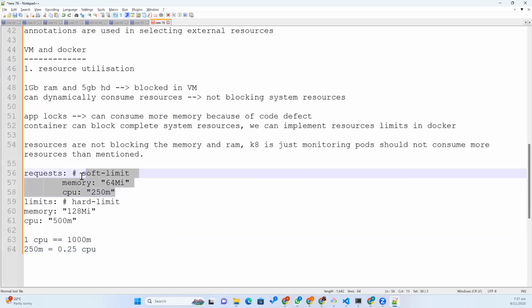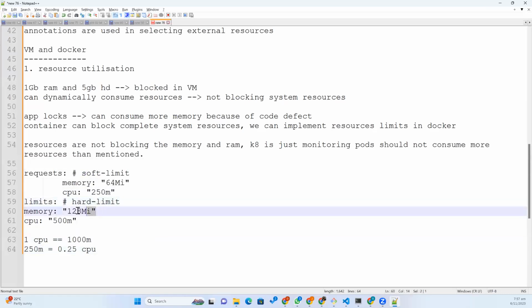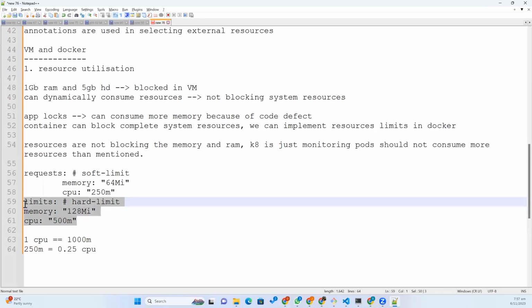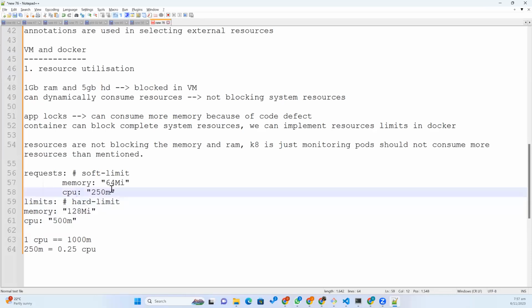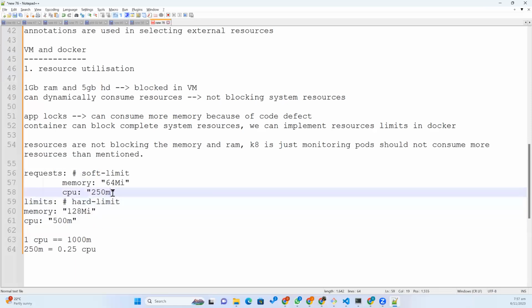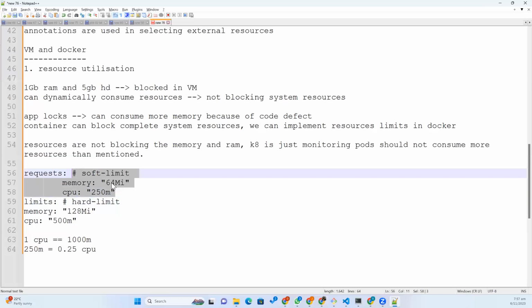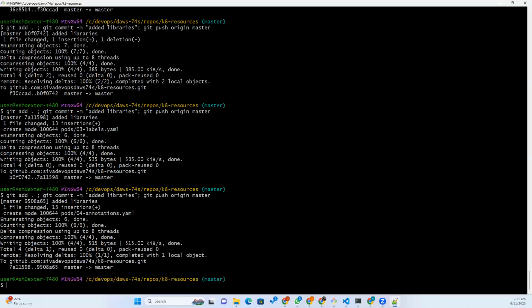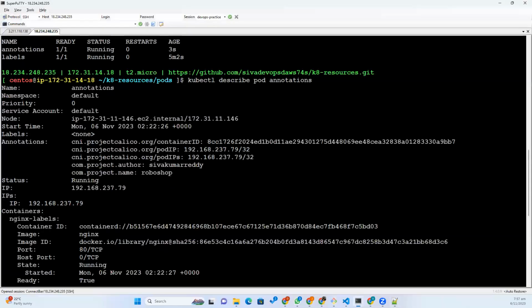So we are giving these resources, but it can go up to 128 MB and then half core. But it cannot cross more than this. So this is soft limit, this is hard limit. With the soft limit, it can go up to 100, 110 also, but with the hard limit, it cannot go more than 128. Okay, so now let us mention that